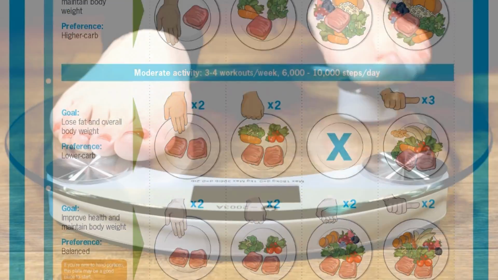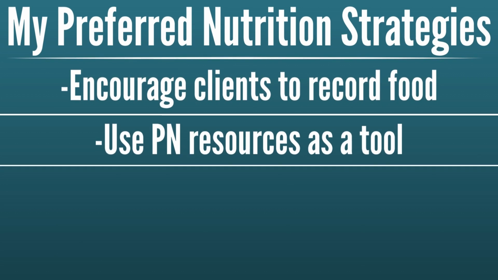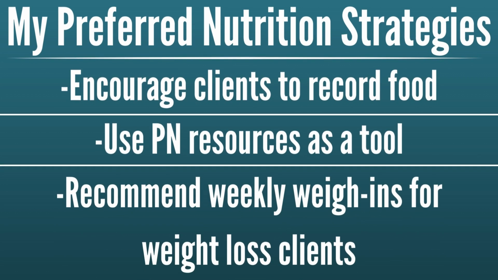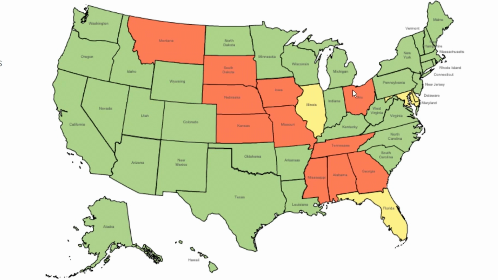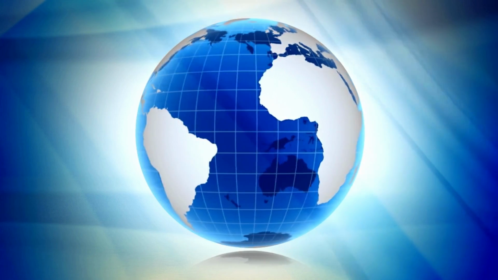You can also do weekly weigh-ins with your clients who are focused on weight loss. This is a surprisingly powerful form of extra accountability. If your client knows a weigh-in is coming, they're going to be just a little bit more careful with their food. These 3 strategies are my go-to options with any client, and again, you can utilize them in any state in the US. In yellow or red states, you just shouldn't give any feedback or opinions. You'll have to rely more on those outside sources. Also, if you get a person who has any medical issues, at that point, just refer that person to a registered dietitian. If you live in another country, make sure to check your local nutrition laws.